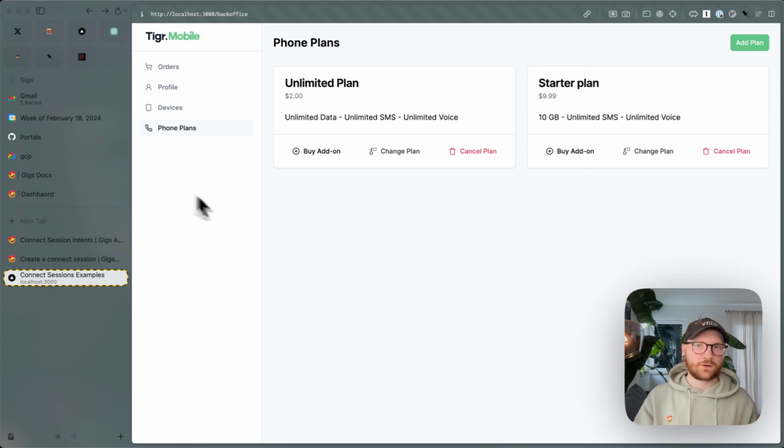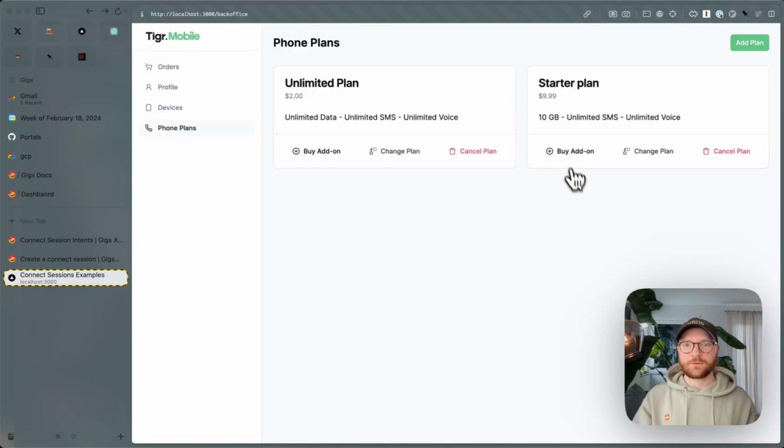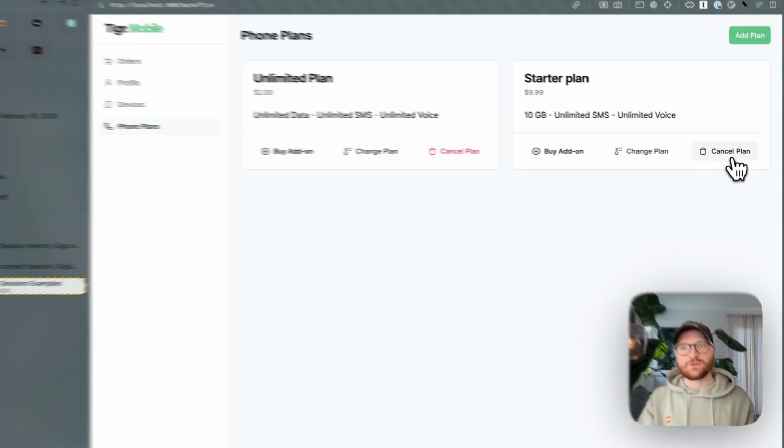And here we list all the phone plans that they have, and we have some actions underneath these phone plan cards that allow users to cancel the plan, change the plan, or buy add-ons for their plan. And these are, once again, connect sessions. Once the user clicks a button, we create a connect session and redirect the user to the URL the connect session defines. So if I wanted to cancel my plan here,